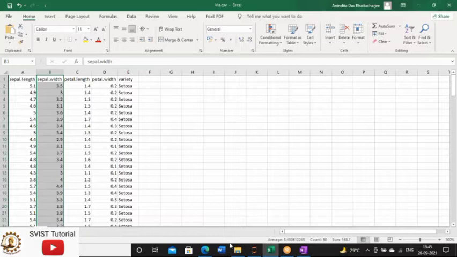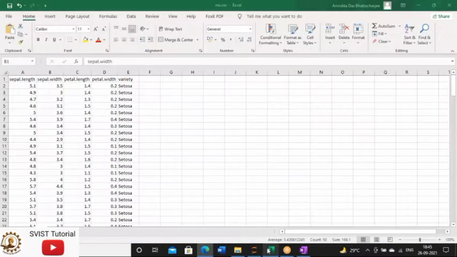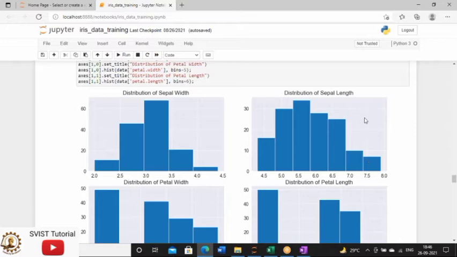So the first question that should come to your mind is why we have to plot a histogram, and whether we plot it row-wise or column-wise. The answer is you have to plot the histogram feature-wise. Feature-wise means these are the 4 features available for your Iris flower, and how many values exist, what number of times. This is known as data frequency, and this frequency is depicted by the histogram.